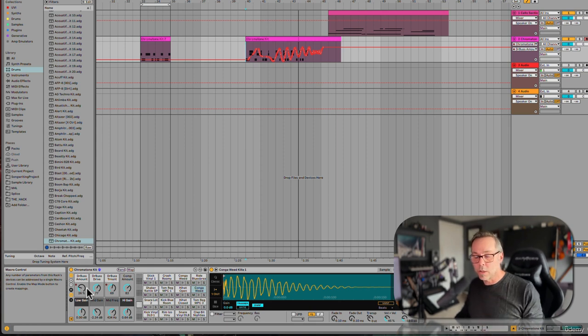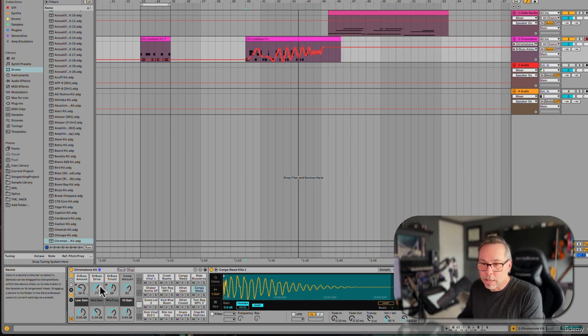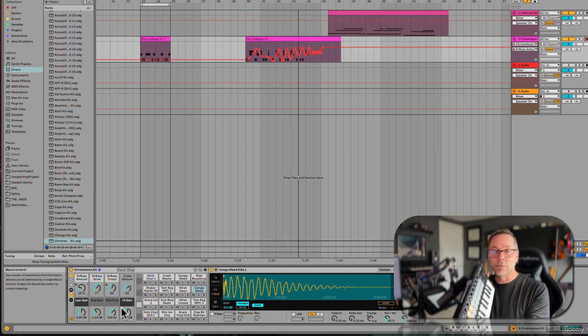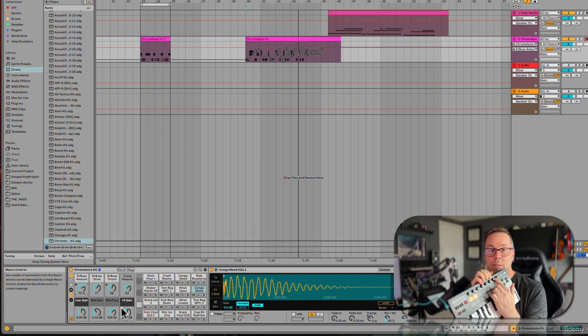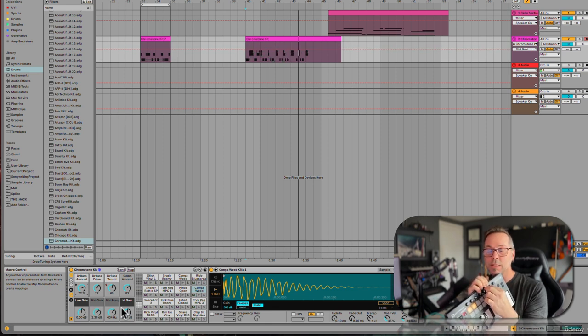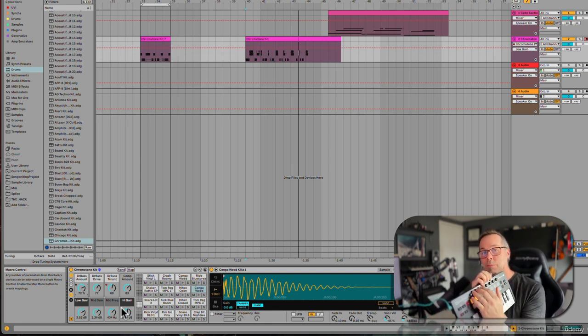Now, you may wonder, how did I get that knob on that keyboard to control this? What's happening here is that this group of 8 knobs, you'll see this all over Live. This is 8 knobs in a little 4x2 grid. You'll see that everywhere. And you'll see on all kinds of devices a set of 8 knobs. And what happens is if you have 8 knobs on your device and one of these 8 knob things shows up,